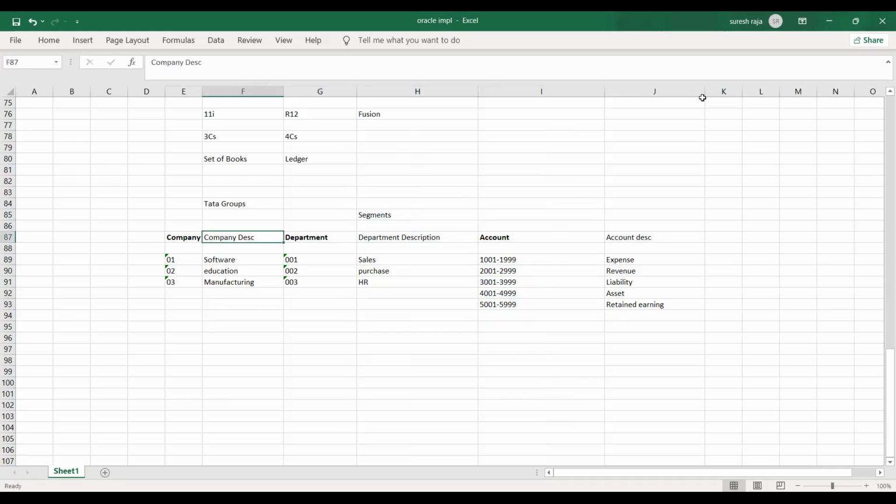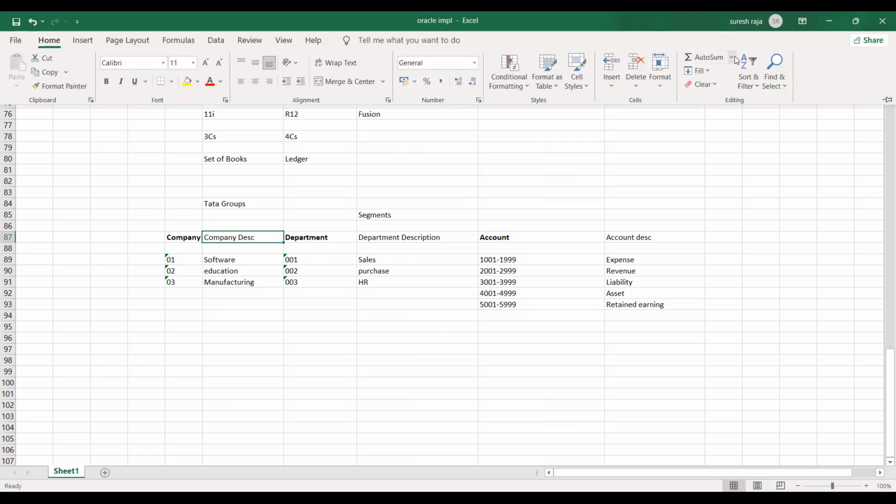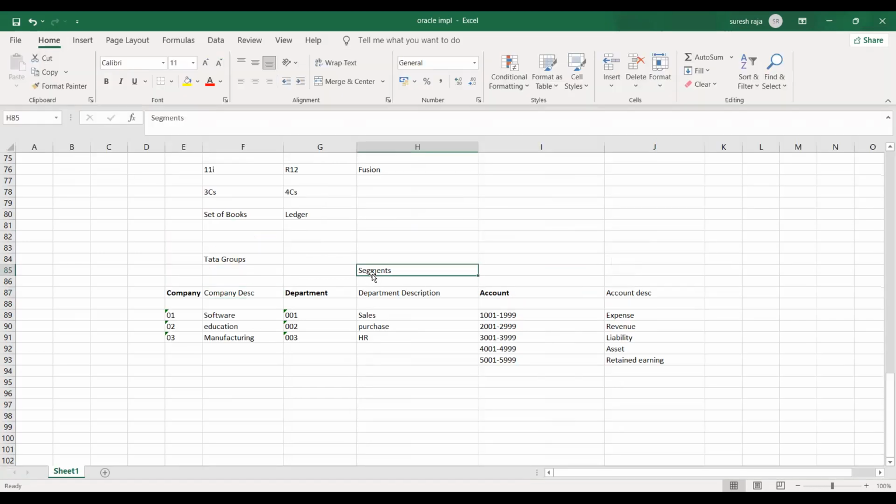So whatever I give as the description is called a segment. Segment number 1, company. Company and account is a mandatory segment. Minimum is 2 segments. Maximum is 30. These are all optional segments. So whatever I give as the description, these are all segments.